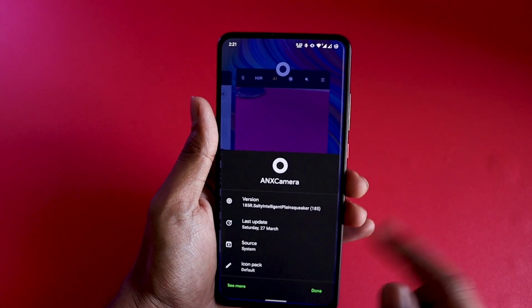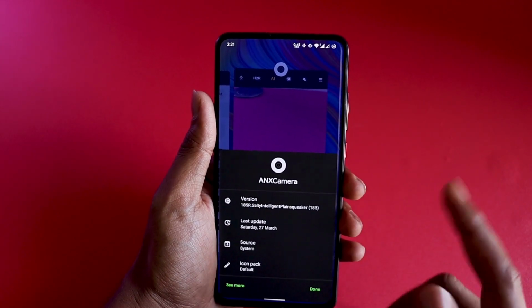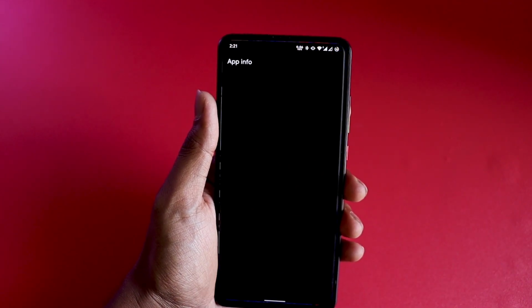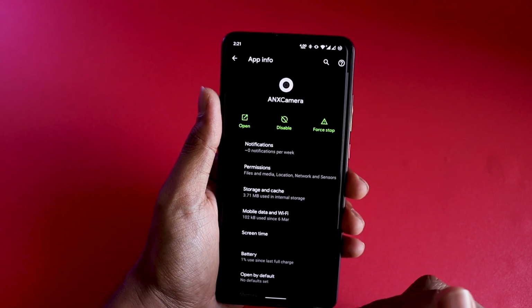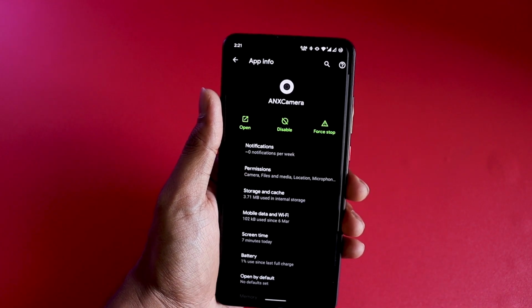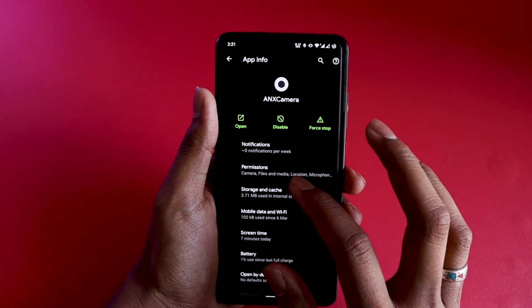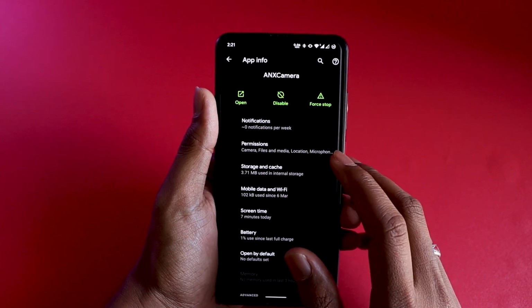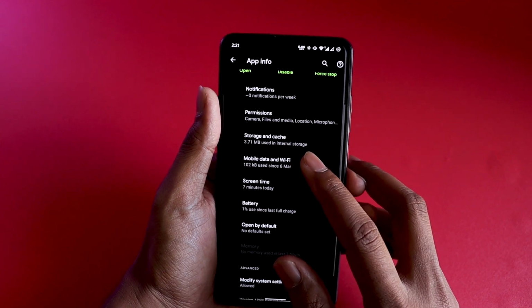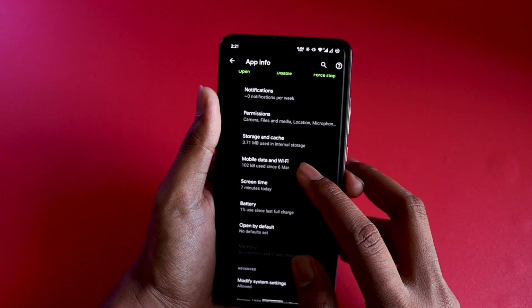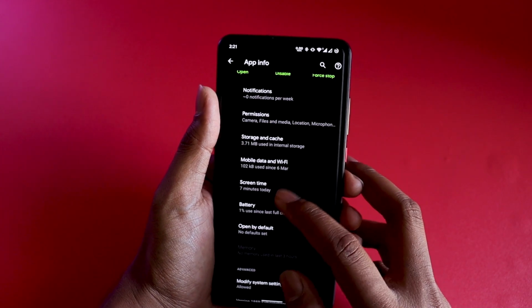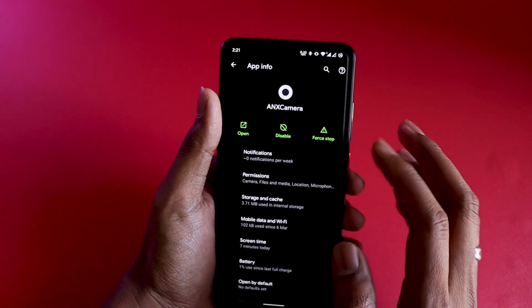But if you are on an older build, like for example Android 10 or 9, then you have to go to their website and see from there whichever package suits your mobile phone. And some of these packages might even have bugs, and for that there might be fixes as well. So you have to download those additional portrait mode fix or 48 megapixel crashing fix and then flash it right after you flash the ANX camera.